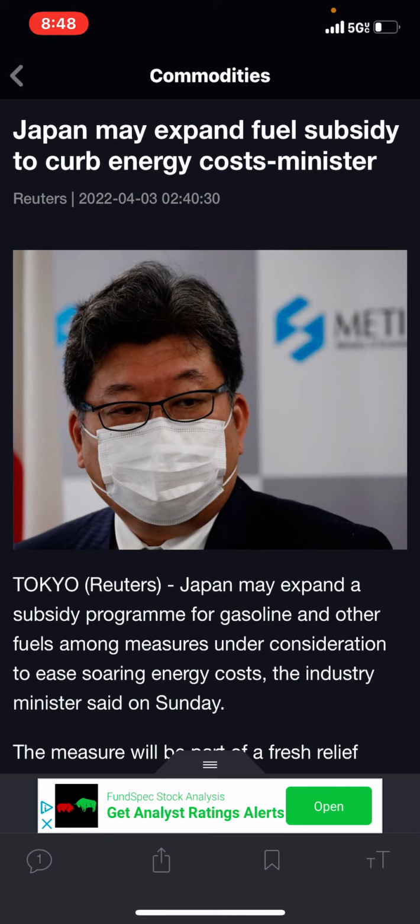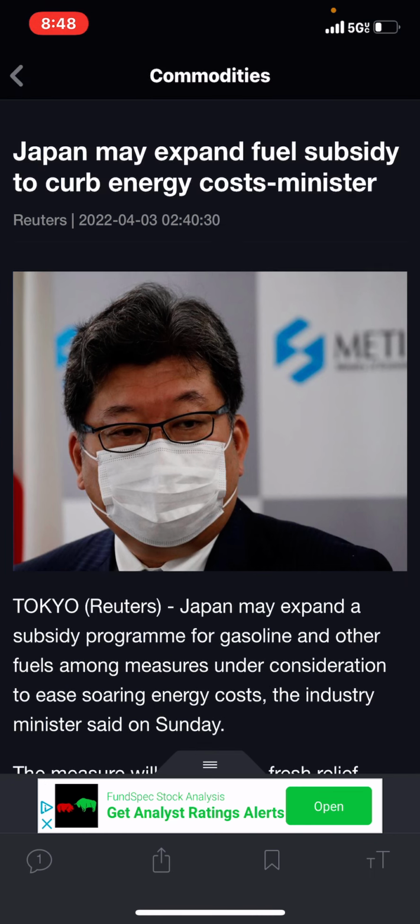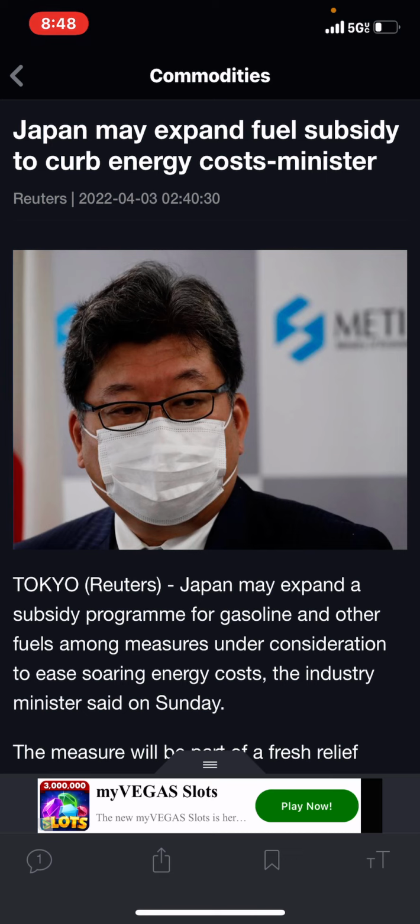So I want to touch on some things about what's happening with the Japanese yen so you can get a better idea of how to trade it going into this trading week and the future trading weeks to come. I also want you to use this as a transparency of how economic fundamentals go towards Forex trading as well. In this article, we're going to discuss how Japan may expand fuel subsidies to curb